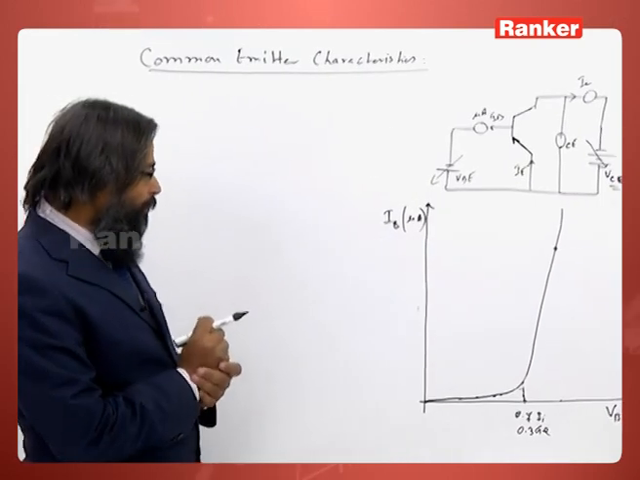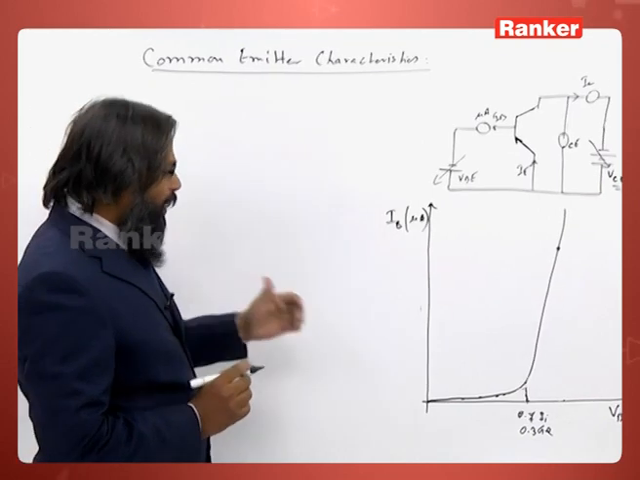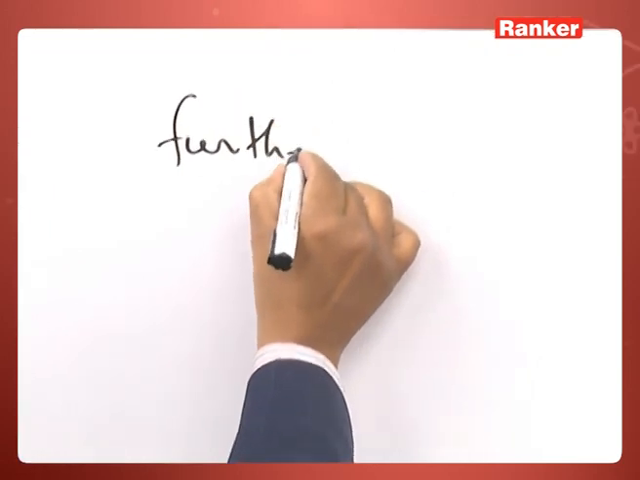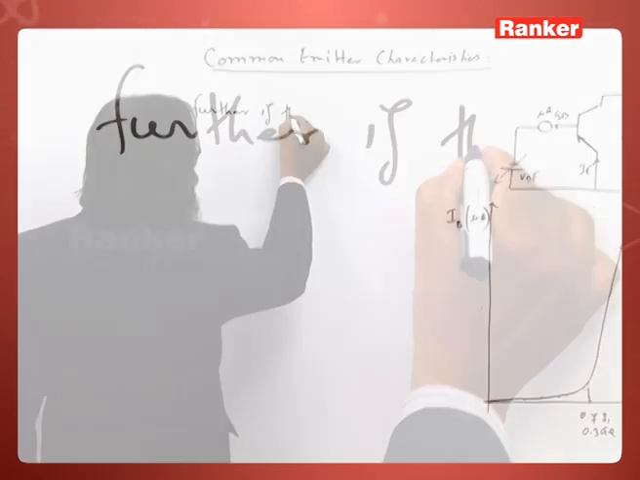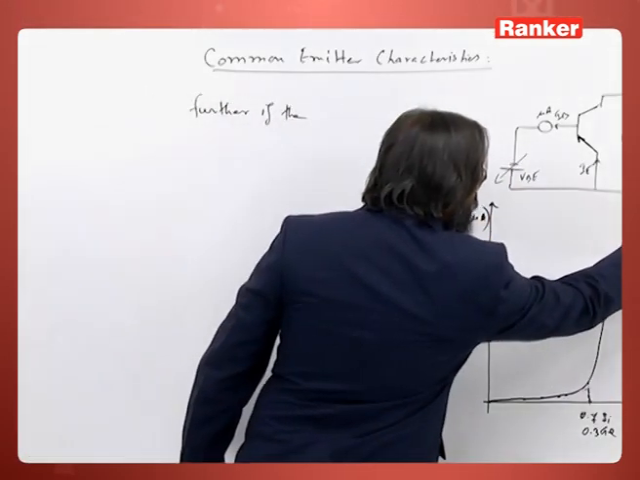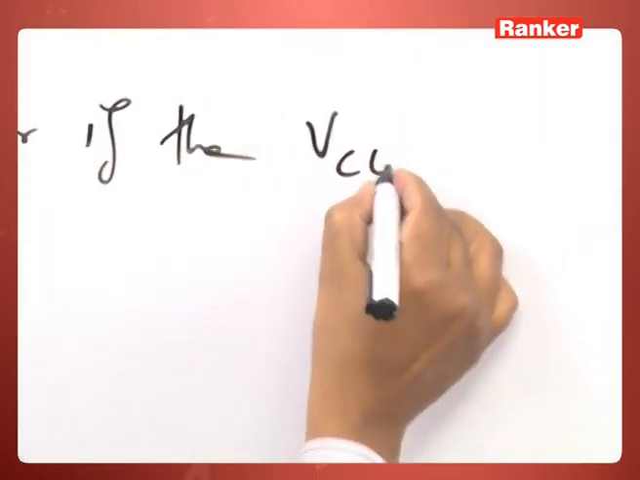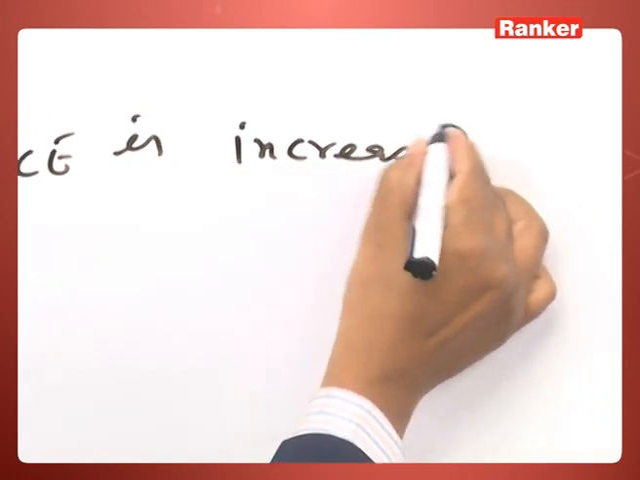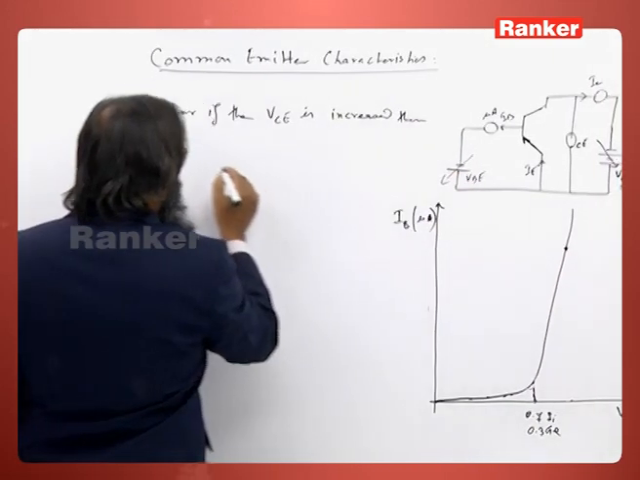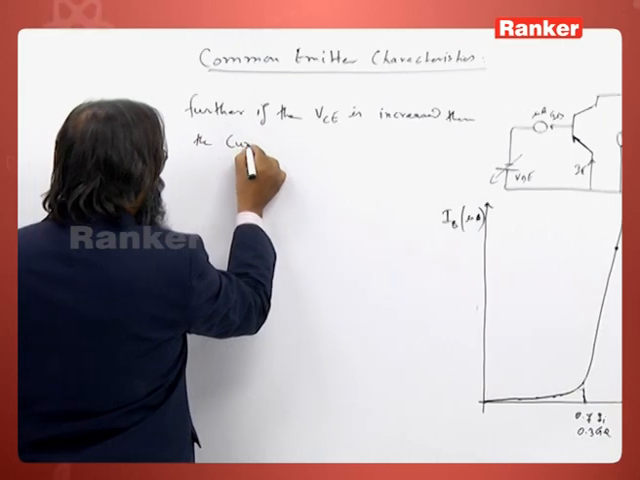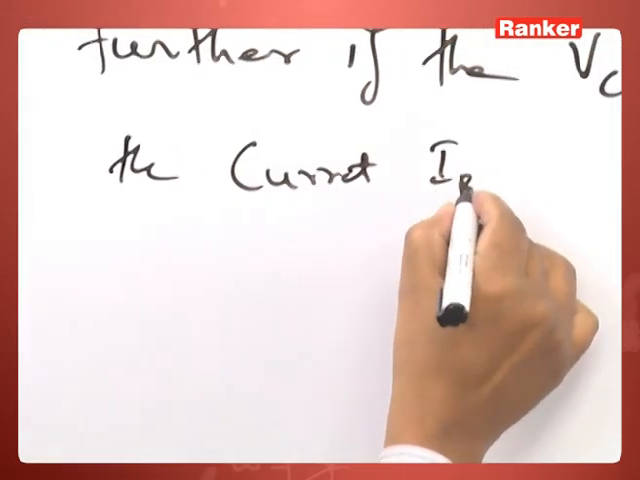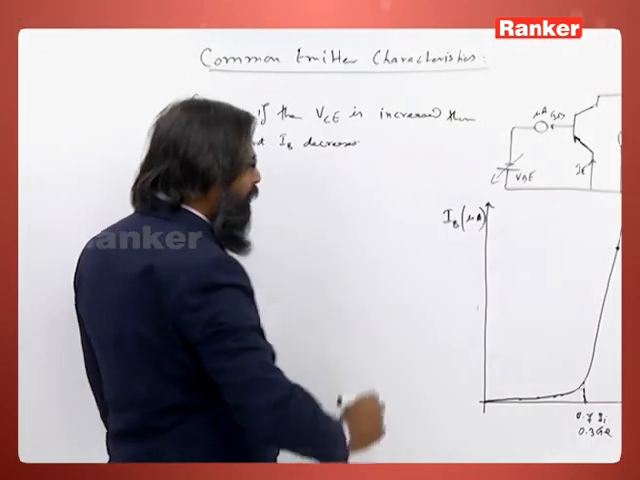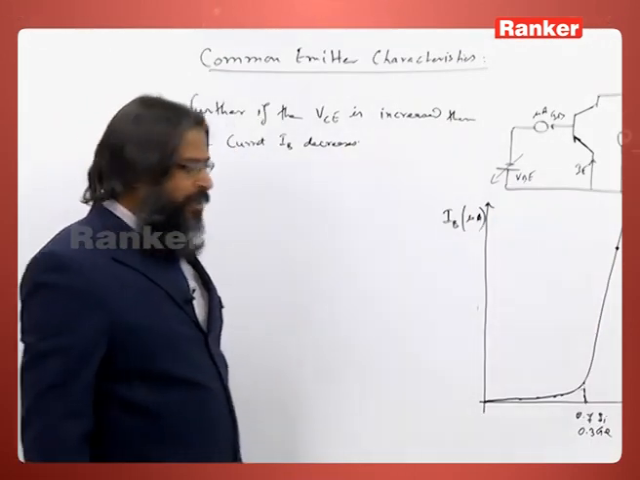Now, further, if the VCE value is increased, then the current IB decreases. So, what happens? You see,